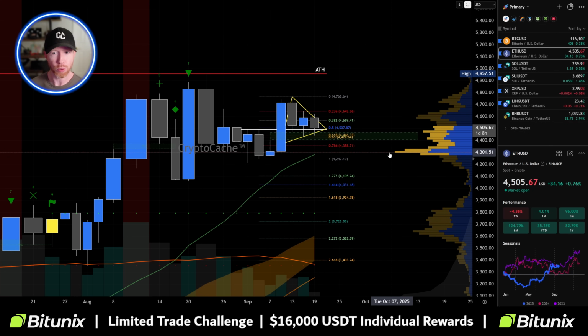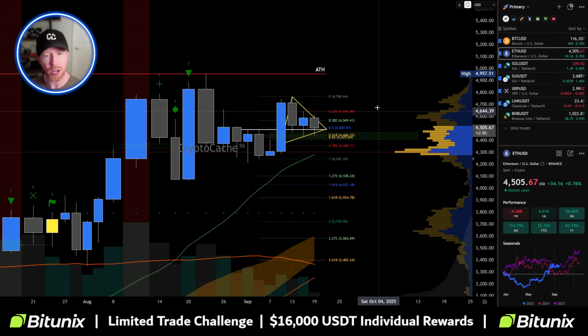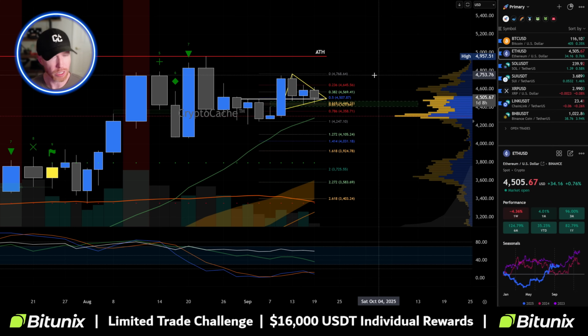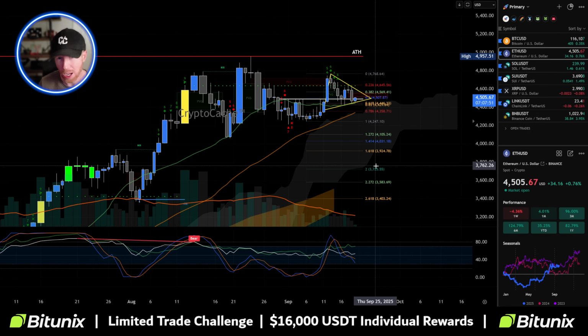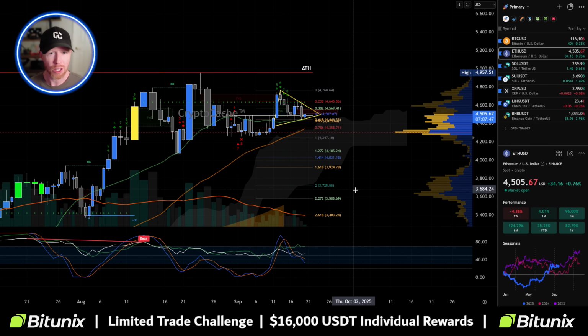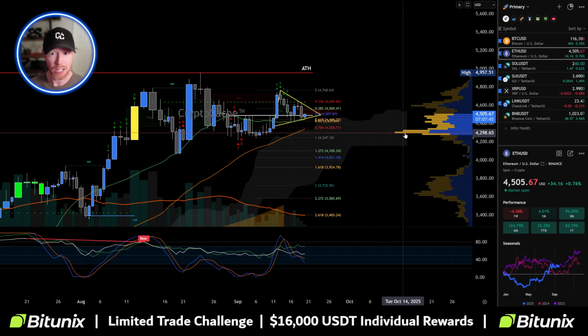So 4,300 is that area of support for us if we end up continuing a bit lower. If you're going to consider shorting, just say hypothetically you do that, I would not consider trying to short to the ground floor, or what some people would think is like 2,000 or 3,000. That is ridiculous. That's not going to happen. The odds of that are very low. We have a significant amount of buying pressure at the $4,300 mark. So it's going to be an area of support if we retest that. So just know from a macro perspective, we're good in that sense.